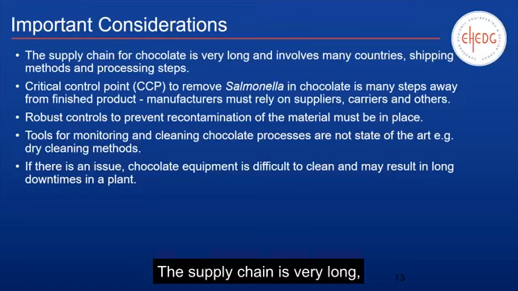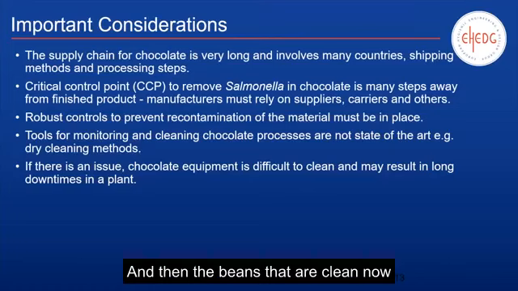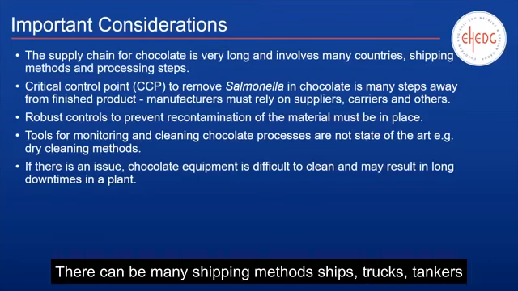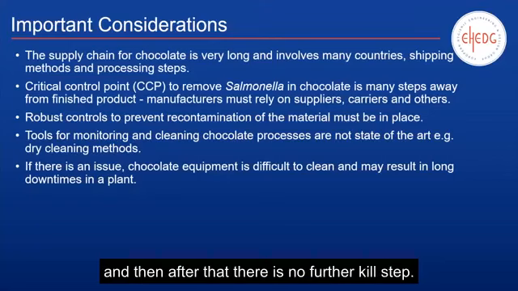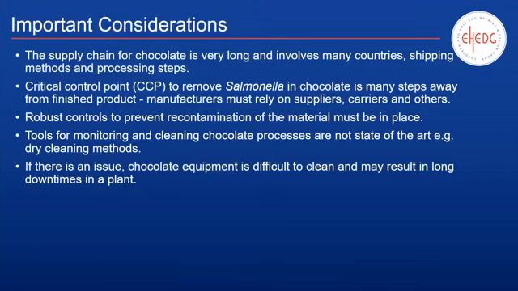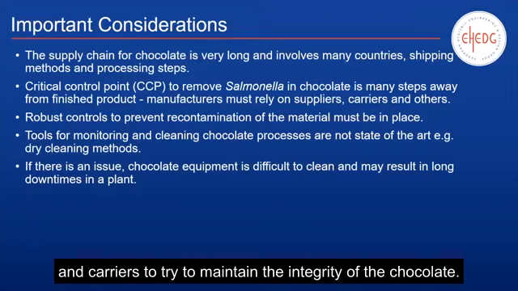The supply chain is very long, so often where the beans are harvested and maybe even roasted may be on one continent, and then the beans that are clean now are shipped to another continent. There can be many shipping methods: ships, trucks, tankers, and things can move from plant to plant. So it's, I think, unique in a way that the kill step happens so early on in the process, and then after that there is no further kill step. So there is a lot of work between harvesters and suppliers and manufacturers and carriers to try to maintain the